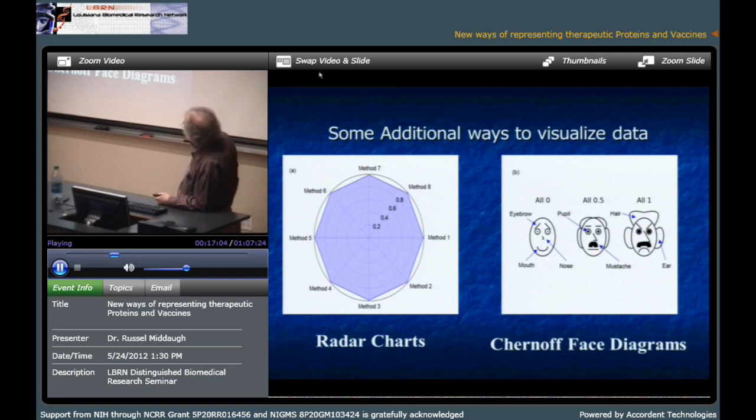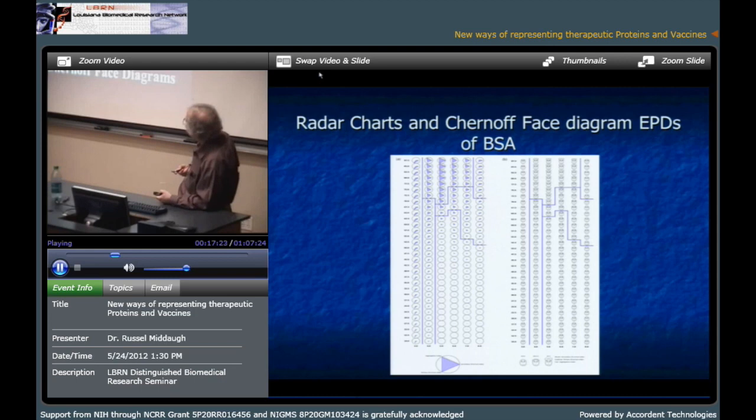Okay? And then we can do the same thing here, except we use facial features. So we can change the mouth, smiling or unsmiling. We can add a mustache if we want. We can change the angle of the eyebrows. So as many different features as you want to put, you can have methods that will go into the diagram. All right, what's it look like? Well, it's a bit bewildering when you see one of these at first.